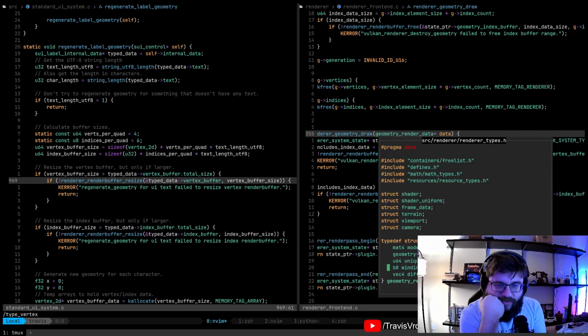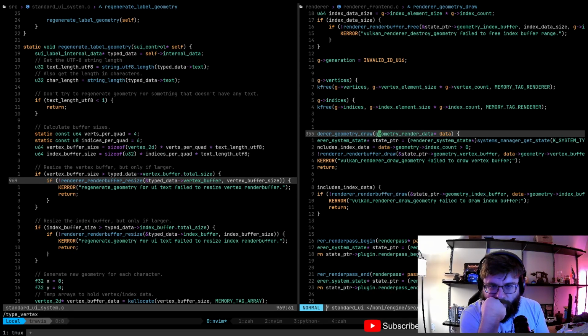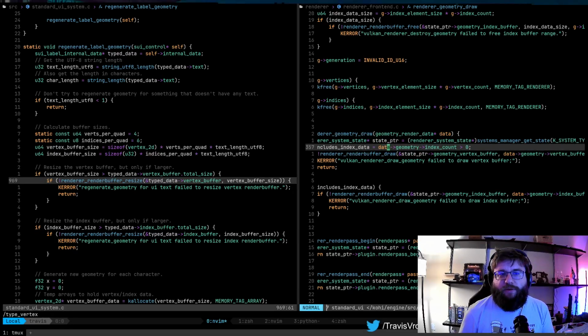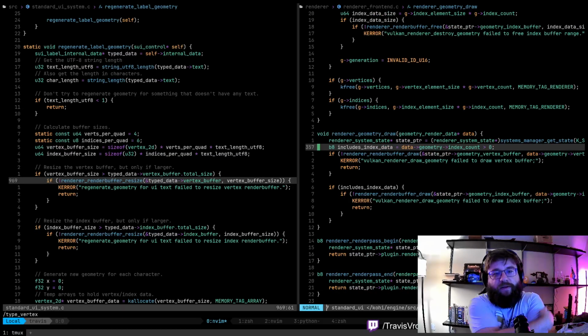Because we have this geometry render data, right? Do we even need the pointer to the geometry here anymore? Or should we really just be storing, instead of having a pointer to the geometry to get this stuff, should we just be passing index count, index offset, vertex offset, all that information, and just do away with the pointer to the geometry?